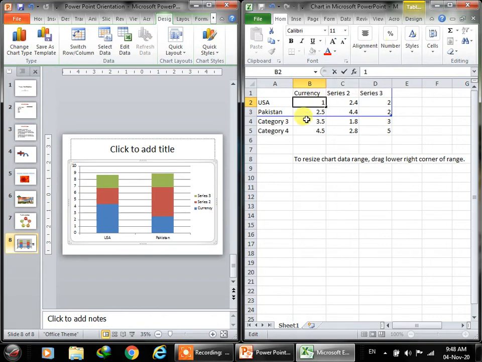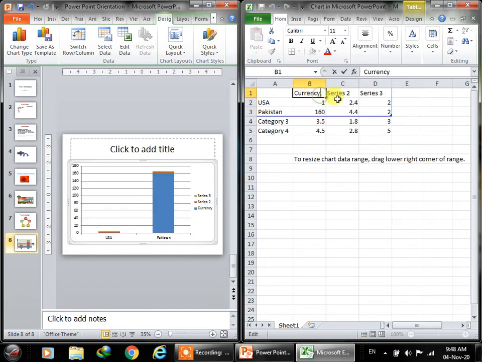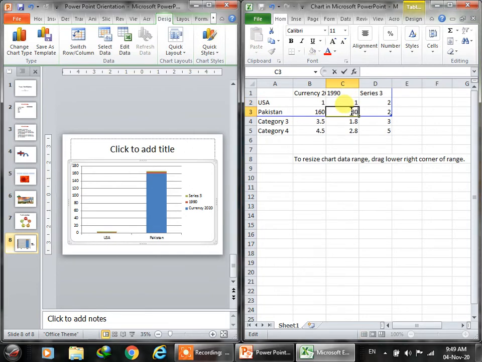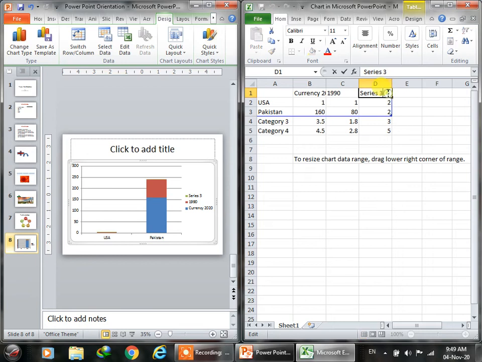Let's say when it was 1, Pakistani was 160, 2020. Let's say it was in 1990. We're just typing random words, okay? And let's say we talk about 1960.